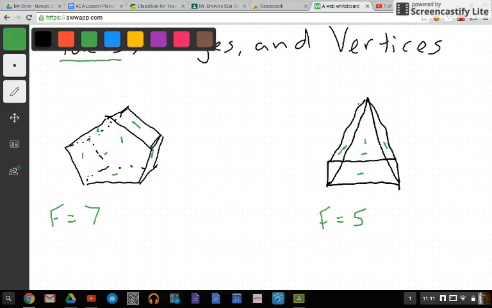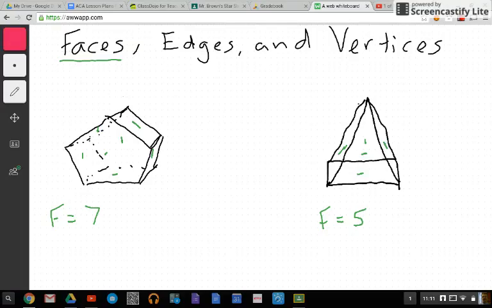Now, edges, it's like the edge of a knife. You could actually cut yourself on these edges. The easiest way for me to think about it is it's the lines that make up this figure. So if I was looking at edges on this pentagonal prism, I have 5 on the front, 1, 2, 3, 4, 5, because there's 5 lines. There's 5 lines in back, since there's 5 on the front, 1, 2, 3, 4, and 5. And then there's lines that connect them. So there's 10 so far, 11, 12, 13, 14, that one right there, 15 right there. So there are 15 edges